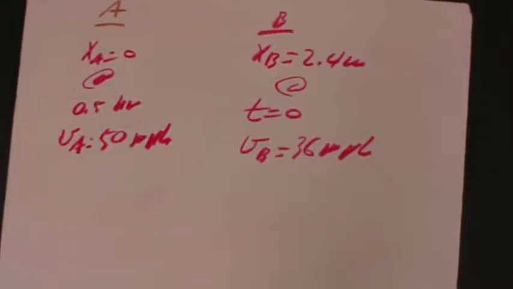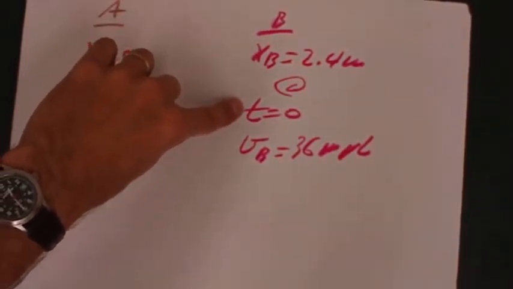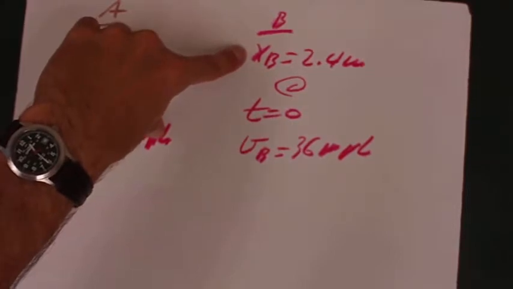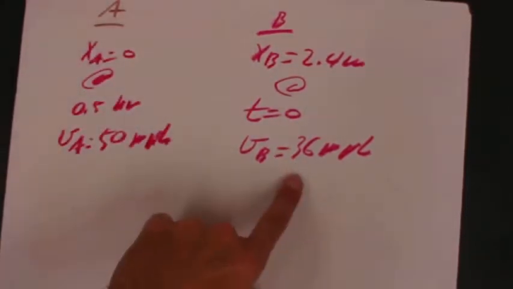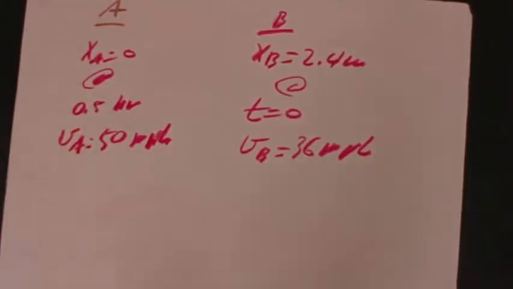This problem describes the motion, say, between two people, A and B. Person B here, when at t equals 0, say when some clock starts, is 2.4 meters from some origin, from x equals 0, 2.4 meters away, and they're moving at 36 miles per hour. Person A, a half hour later, is at the origin, moving at 50 miles per hour. So it's sort of an awkward problem